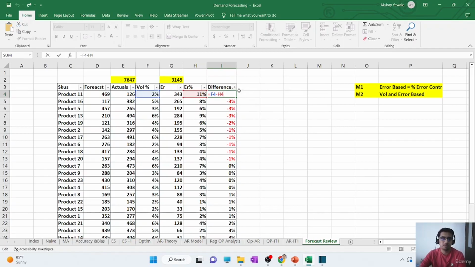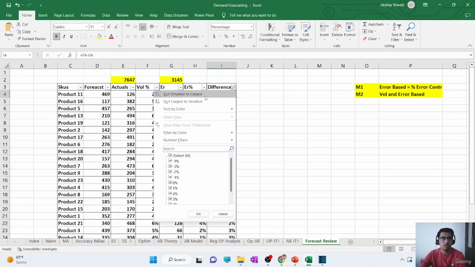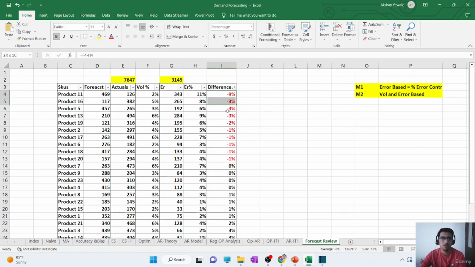Now you see it done smallest to largest, and again you can mark them red as per your time availability. You can prioritize the top 3 or 4, or go by percentage as well. This second method, the M2 method, which is the volume and error based method, takes into account both volume and error. This is the most recommended method, and if you have less time, the faster method can be the